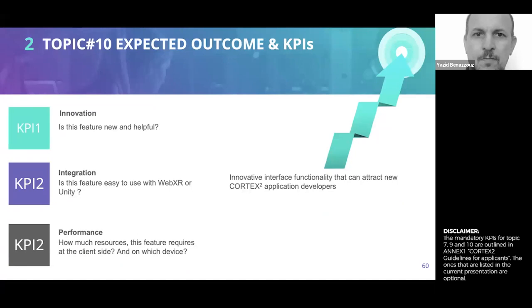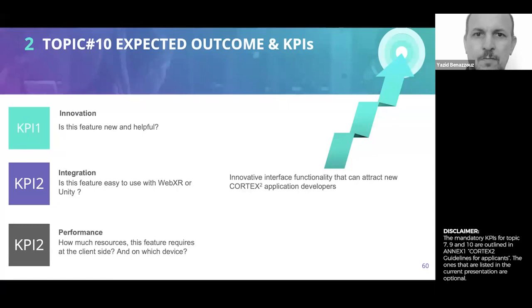And for this topic, we also defined some KPIs for the innovation. What is this new feature, is it helpful for the Cortex applications, and for integration, how easily can we integrate this feature with XR or Unity. And in terms of performance, we should not develop something very complex that takes a lot of computer resources, memory, and bandwidth, making it impossible to use in real